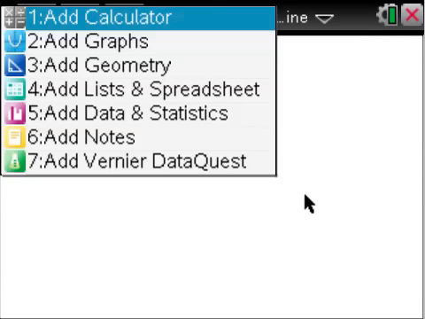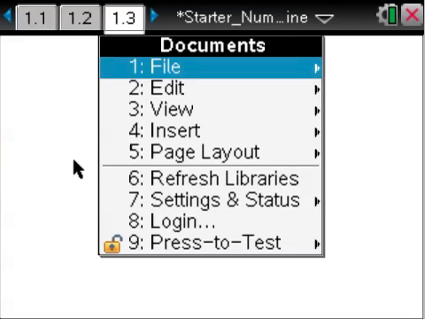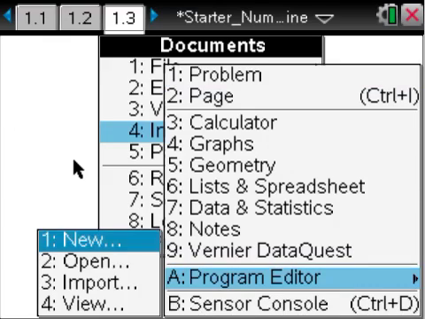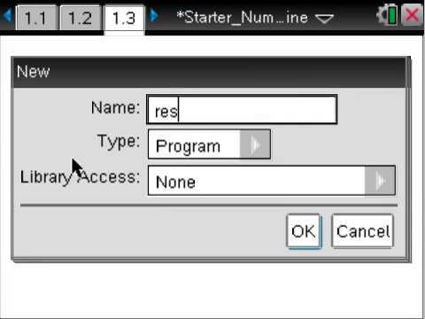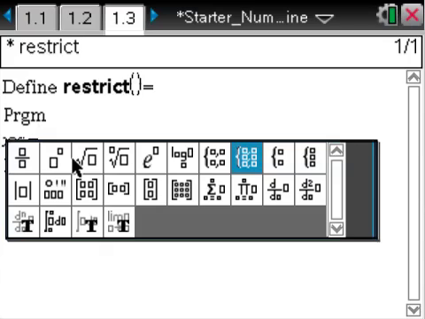Open a new page, but instead I'm going to use my document menu to insert a program and create a new program. Let's call this restrict, to restrict the movement of the point. Okay, so I have my xx variable, colon equals, to define its values. If I use the spreadsheet or the piecewise tool,